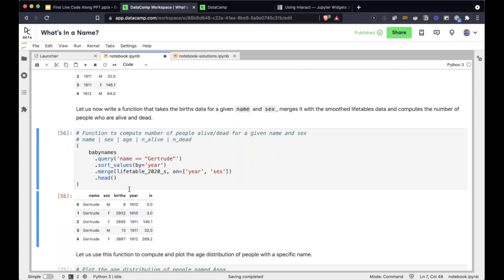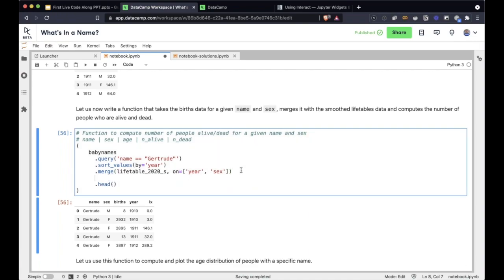What we want to do now is compute the number of people alive and the number of people dead, and we are almost there to predicting age. How do we do that? Well, what we can do here is assign. We want to add a new column that has the number of people alive, number of people dead, and that's what we're going to do here. So n_alive equals, and we're going to use a lambda.